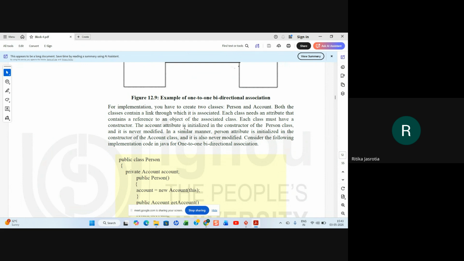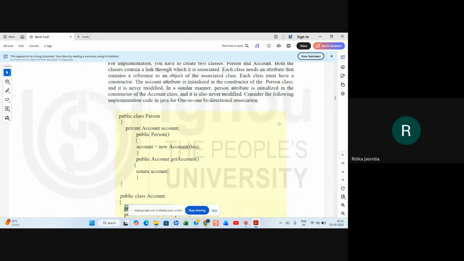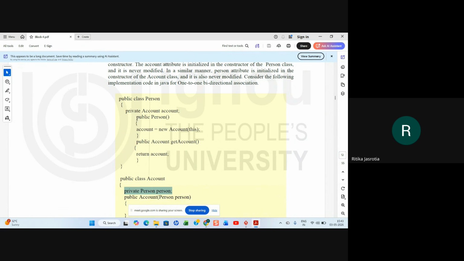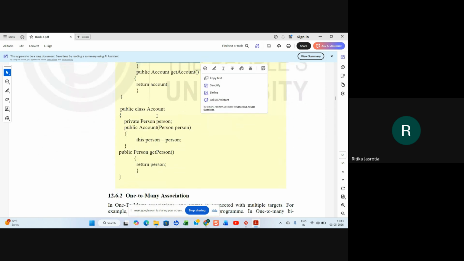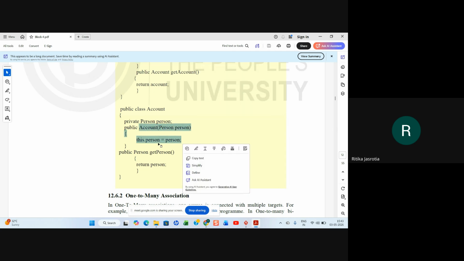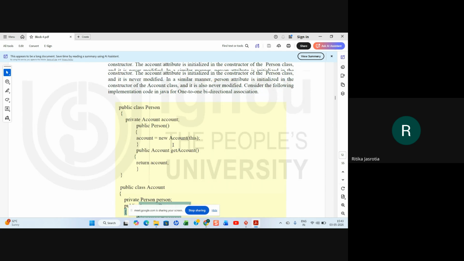The account attribute is initialized in the constructor of the person class. So if you see here, this is the constructor, and the account attribute is initialized in the person class, and in the account class, the person attribute is initialized, right?